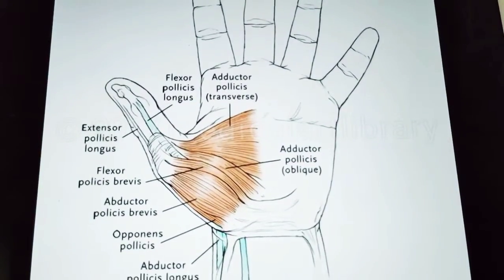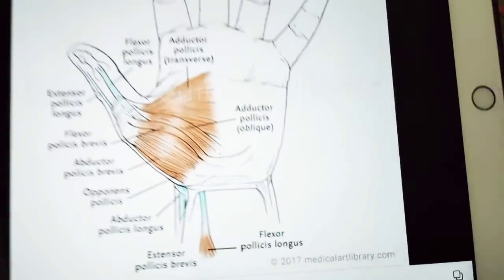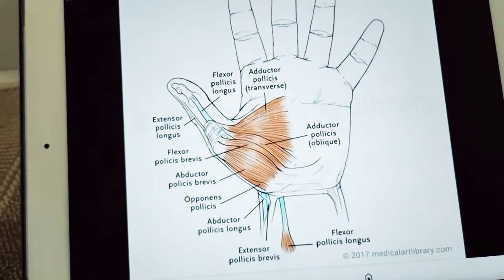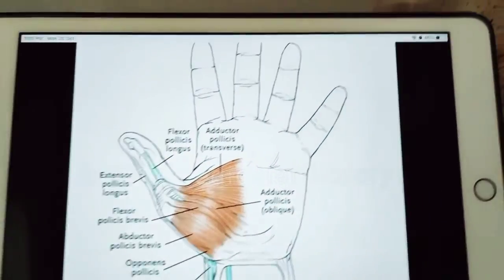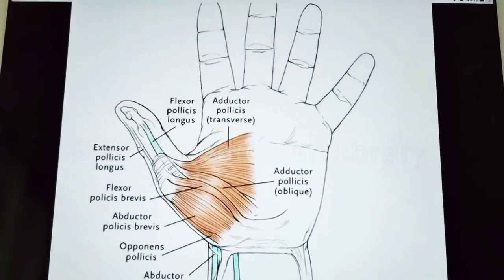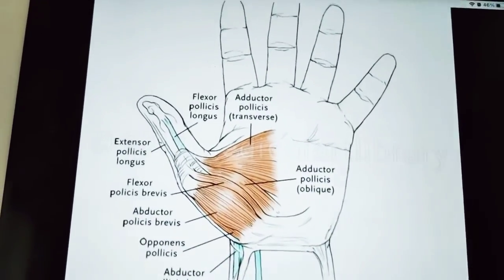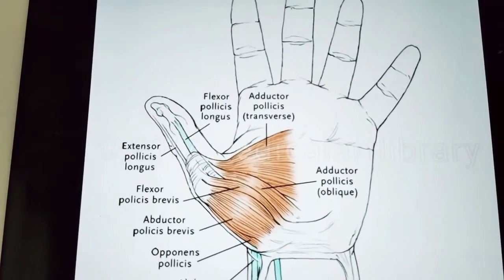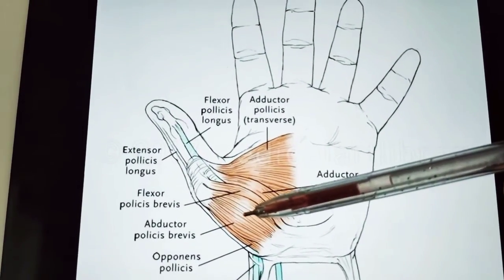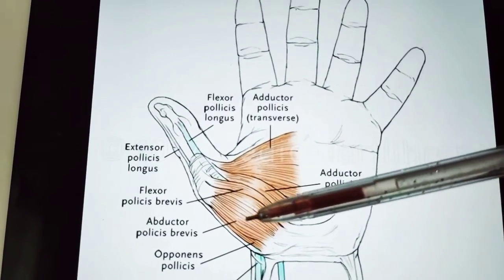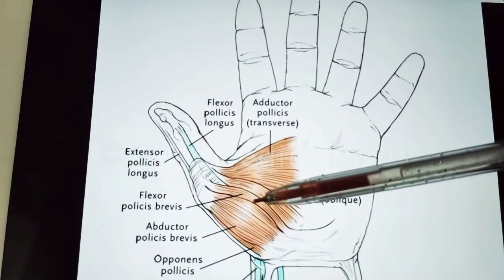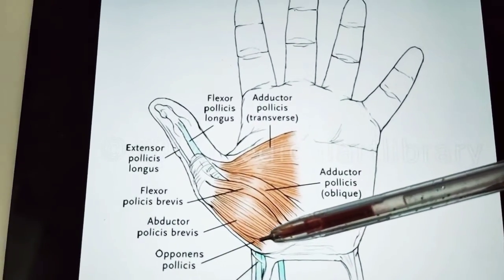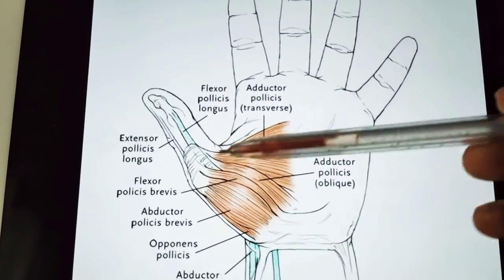The mnemonic is APHOHA. So whenever you look at your thenar eminence, you should remember APHOHA. One more thing I need to discuss is the nerve supply and action. What is the nerve supply of each of the muscles? Let us understand. The first one, A, abductor pollicis brevis, is supplied by the median nerve. Flexor pollicis brevis is supplied by the median nerve. And O, that is opponens pollicis, is also supplied by the median nerve. So APHO are all supplied by the median nerve.